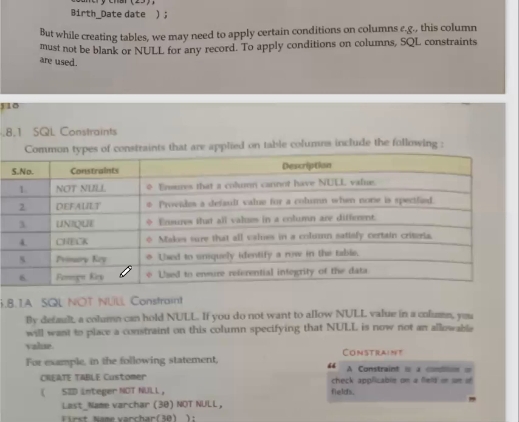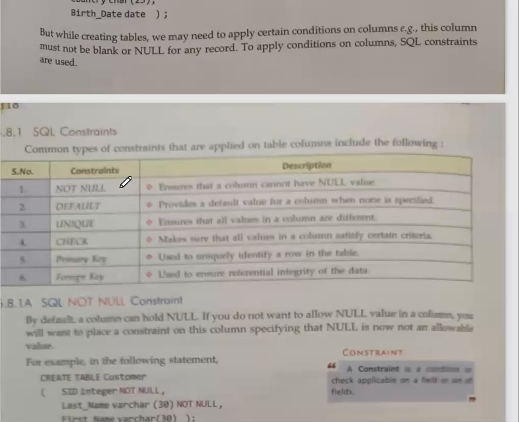Yes, Lavina, correct. Now see, not null we have already applied. Default also we have applied. Unique also applied. Check, we have already discussed that in MySQL it will be passed, but it will not work. Primary key we have done. Foreign key we did not do last year, so this year we will do how to make foreign keys. So actually we are going to apply all these constraints. Remember, all these constraints are important for you.